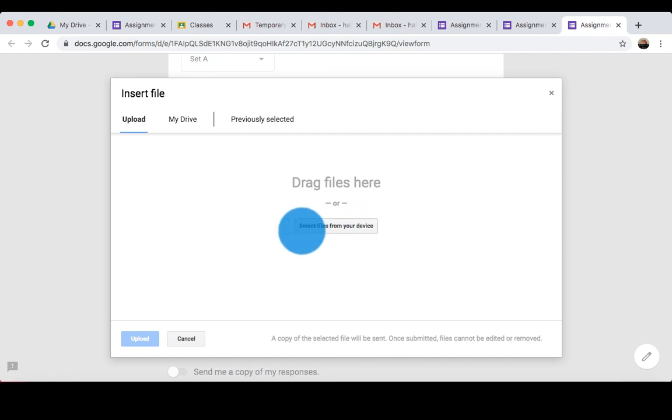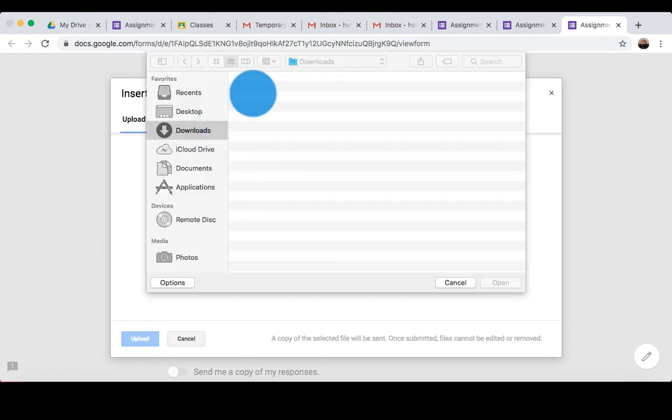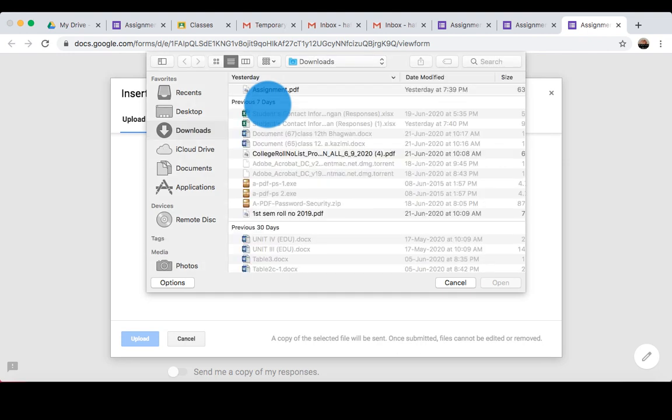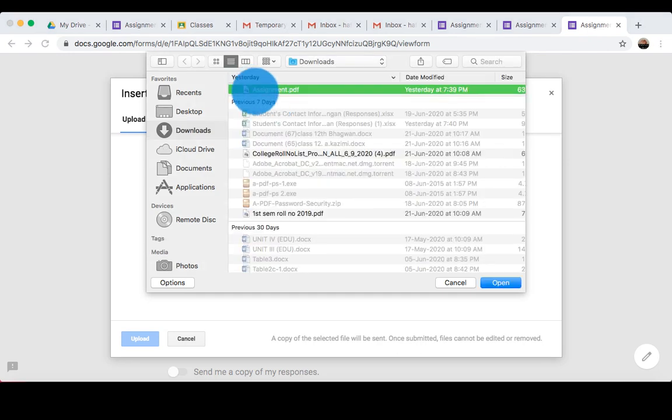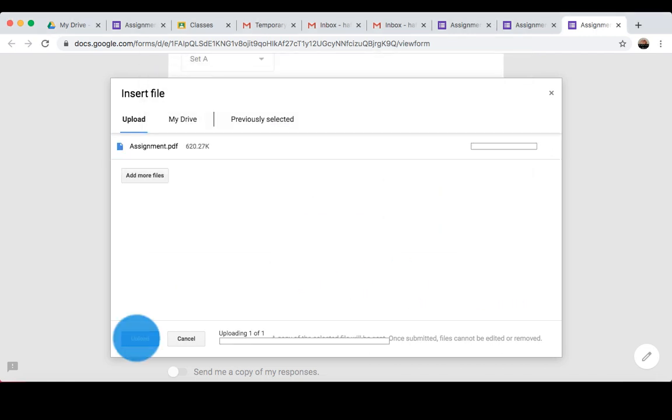Click on this. As we have saved the file in the CamScanner app folder, we have to go to that folder, and there we have named the assignment with our name. You might have named the assignment with your name or the subject, and click on that. I have named it assignment, so I'm uploading this. Click on upload.